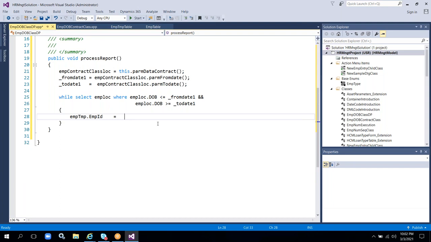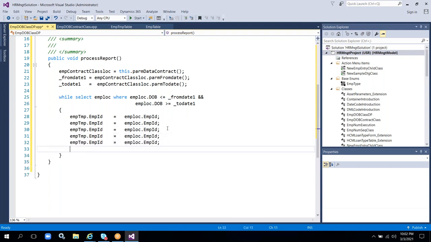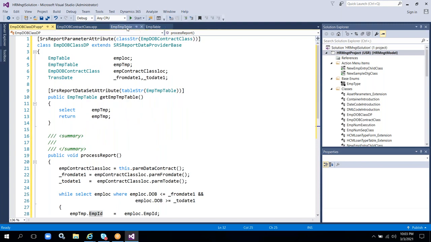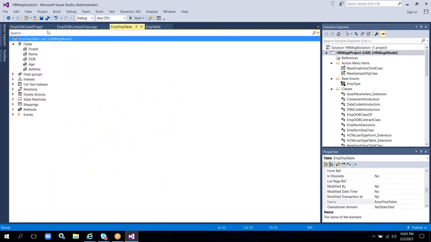Okay, EMP TMP dot EMP ID equal to EMP LOC dot EMP ID. And in the same way, we need to write for all the fields. I think we have 5 fields in the table. Name, DOB, address, okay, and address is